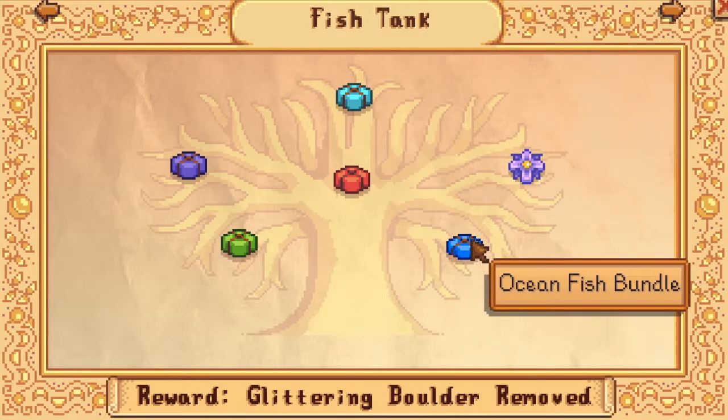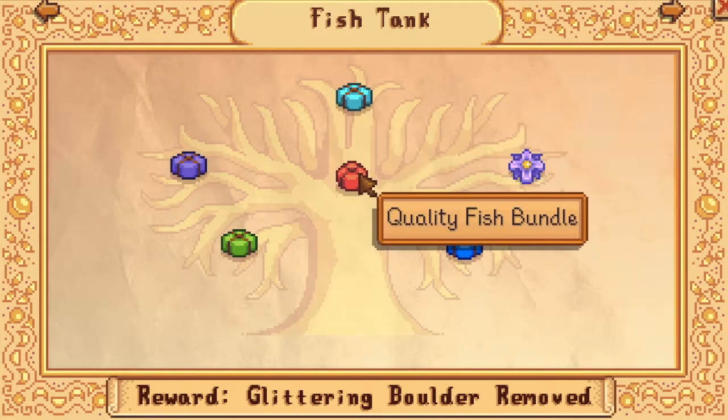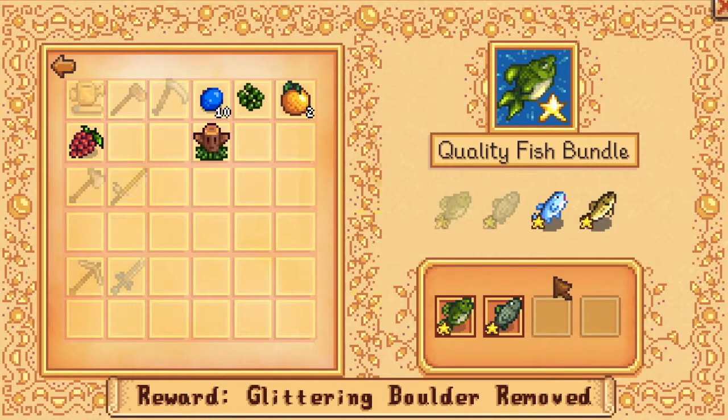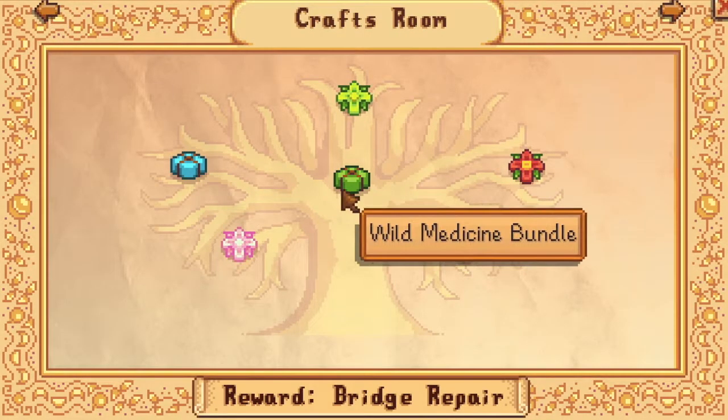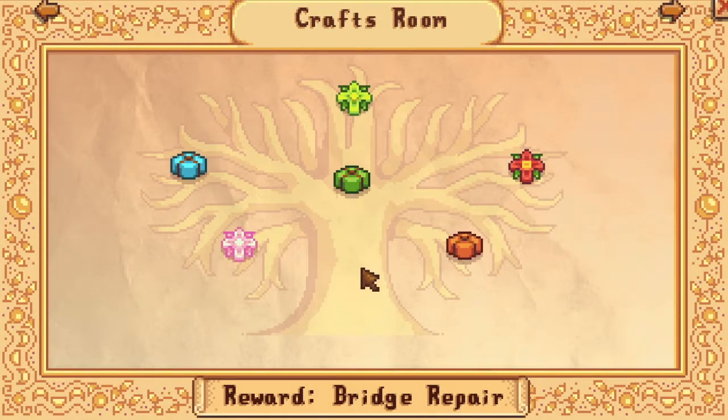We have the fish tank, and I think the new one for this is there's a quality fish bundle, which they want certain fish at gold stars, which is considerably, in my opinion, easier than the region specific bundle that they had before. Let's go to the crafts room, and this is, I'll say, my second least favorite bundle that they have,